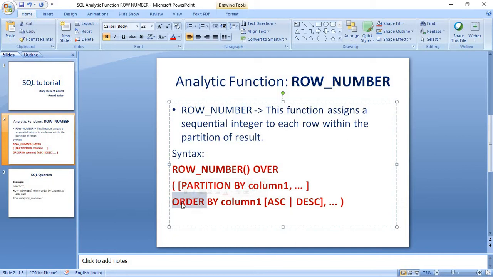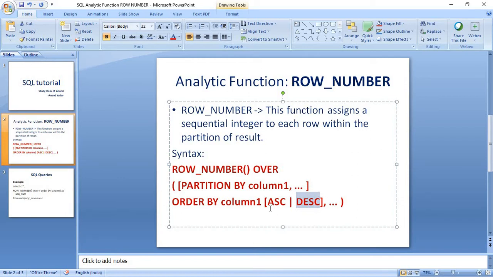ORDER BY is mandatory for the row number analytic function, and it decides the order in which the running number is generated, whether in the natural order like ascending, or in reverse order by providing the keyword descending. By default it is ascending order. If we explicitly wanted to change the order, we can do that by providing the keyword DESC after the column name.